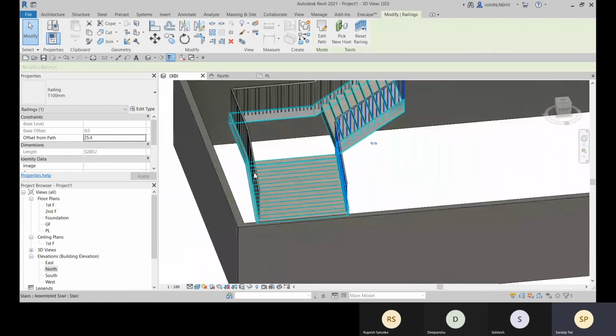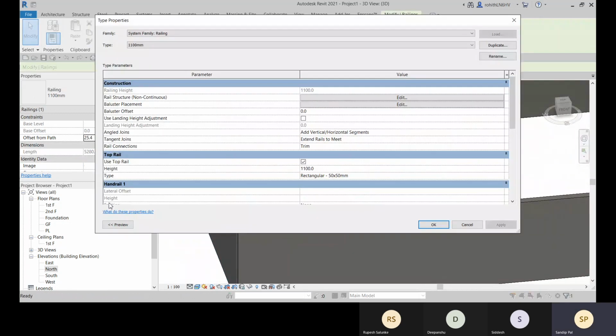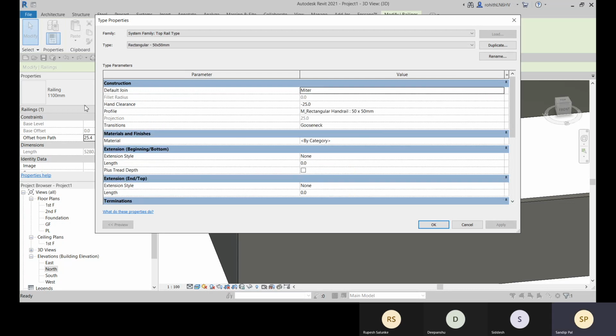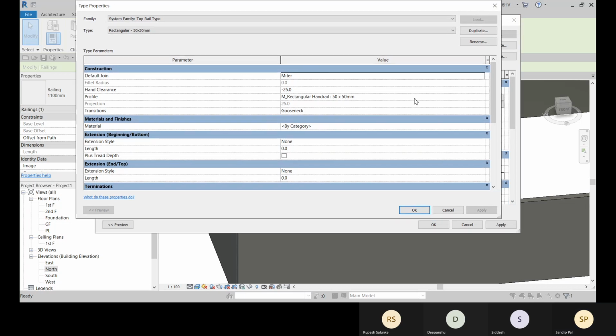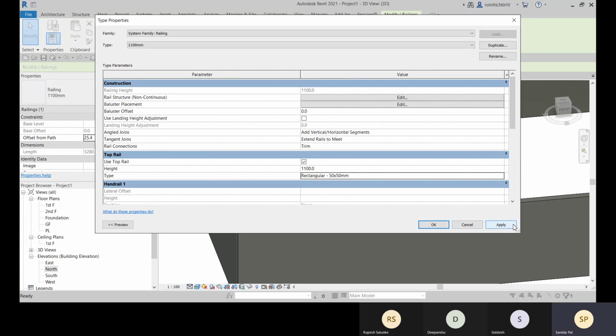So for this railing, select it, go to the edit type, and for this railing, go to the rail structure, click on edit. Okay, no, not here. Go to the top rail. Okay, that is the top rail properties. And here about the transitions, make it simple. Click on apply and okay, apply.